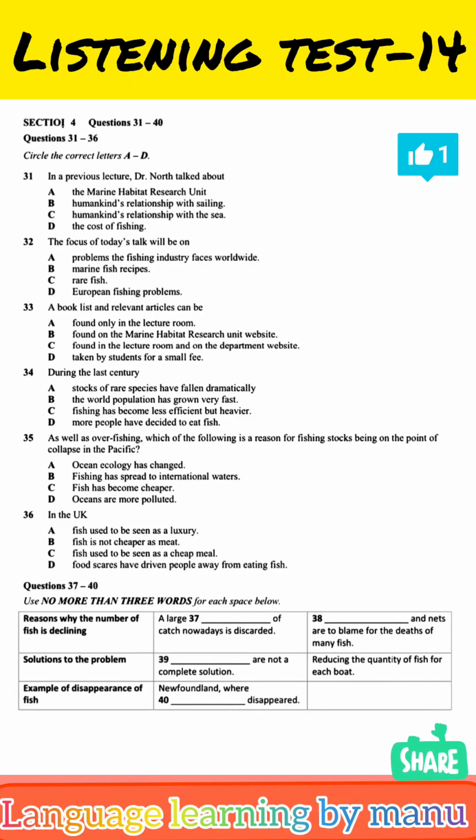And the solution? Well, there has to be more than one answer to the problem. Fish farms provide a partial solution, but the quality of the fish is usually inferior to those in the wild. Reducing the amount of fish that any one trawler or fishing boat is allowed to land is the most effective, but also the most unpopular measure. Countries in Europe like Spain rely heavily on fishing, and are naturally against any step which restricts their catch. But if the depletion of fishing stocks continues, there will be no fish left to fish.